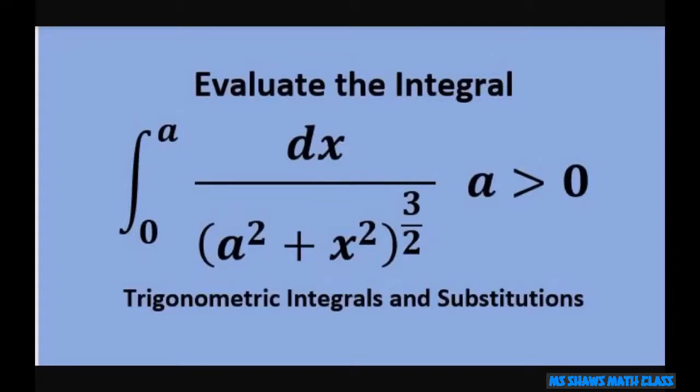Hi everyone, we're going to evaluate the given integral from 0 to a, where a is positive. We're using our inverse trig functions. Look here, we have our a squared plus x squared. There it is right there. So we're going to use our substitution and let x equal a